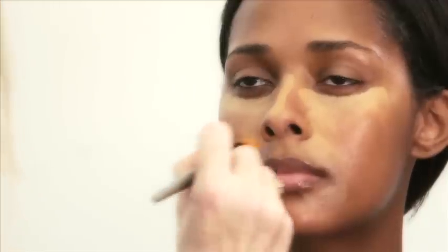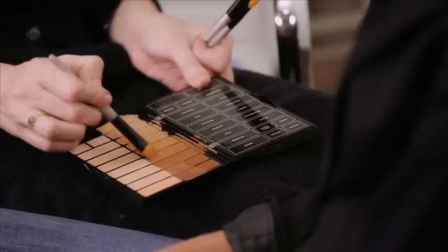And I'm doing it underneath the eyes quite heavily, down the nose, round the mouth where you sort of get your smile lines to really pump that up, almost gives you a little semi-natural facelift, and a little bit in the centre of the forehead. And then I'm going to sculpt and contour with the darker colours